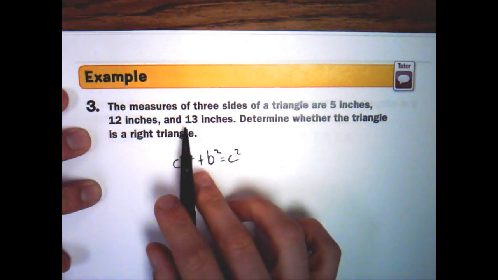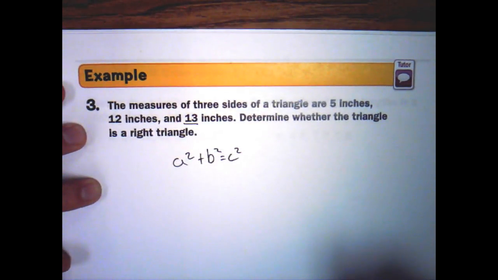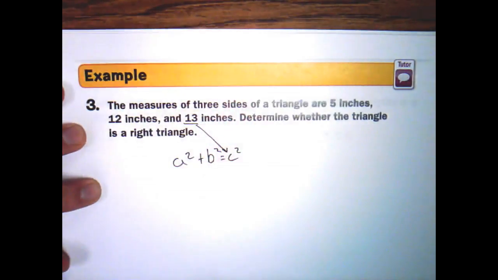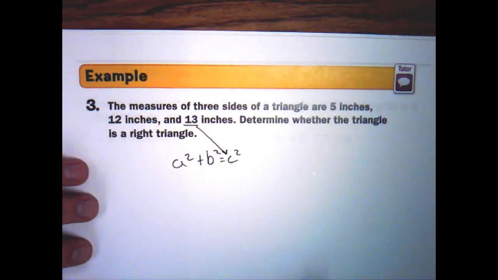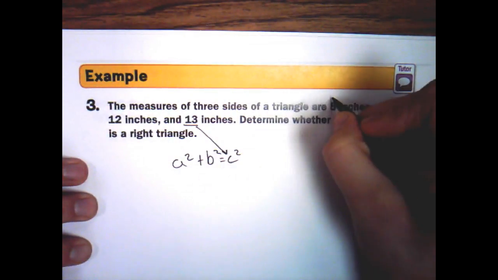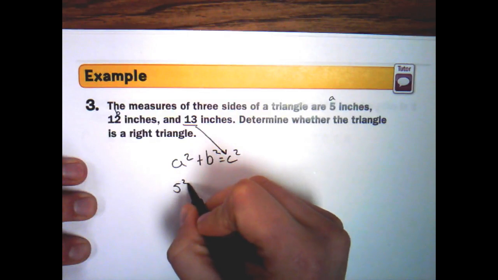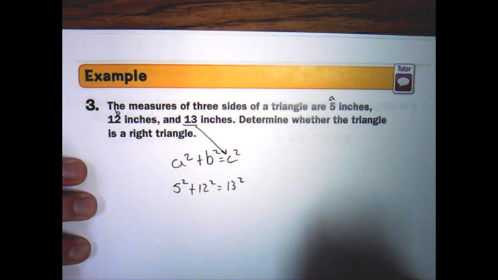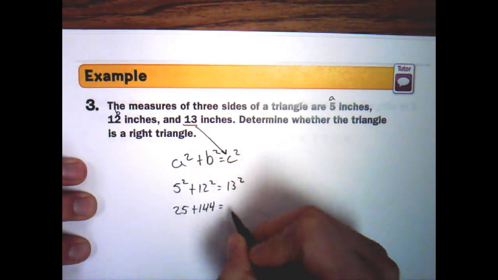So I look at 5, 12, and 13 and think about which one's the biggest. That would be 13. So if that's the longest side, it has to be the hypotenuse, so that one has to go in for C. The other two sides can be plugged in for A and B, and again, order doesn't matter. Generally, the shorter side will be A. So that's what I'll do. So this will be A, B, and 13 is C. So 5 squared plus 12 squared is equal to 13 squared. Okay, 5 squared is 25, 12 squared is 144, and 13 squared is